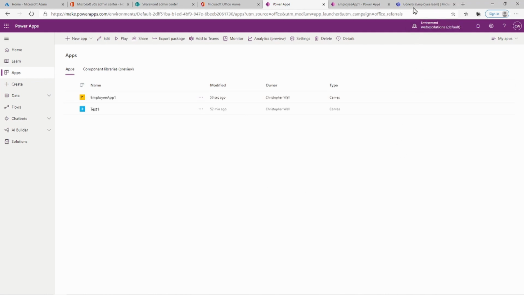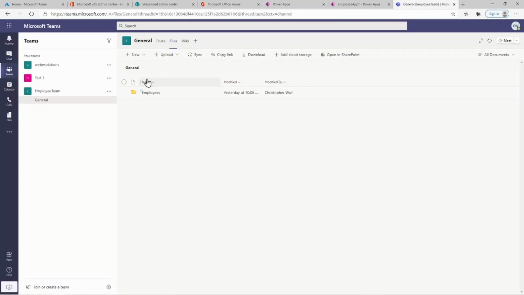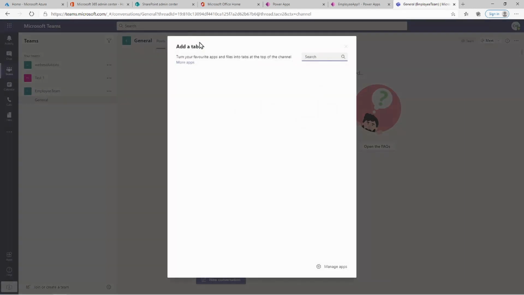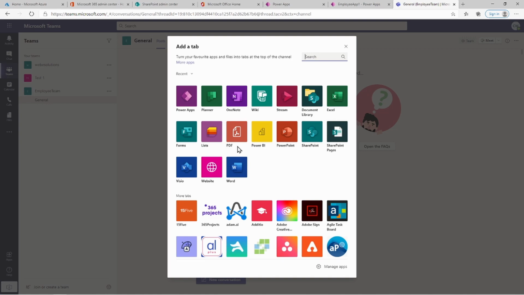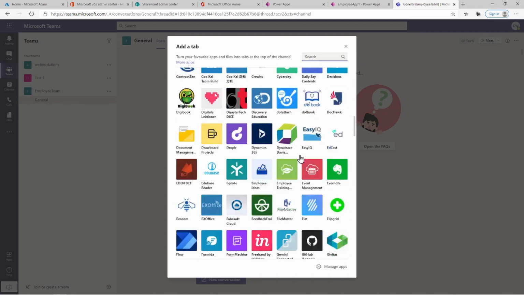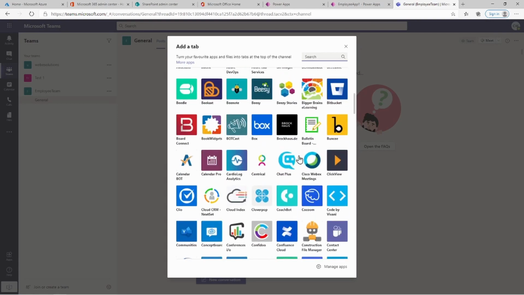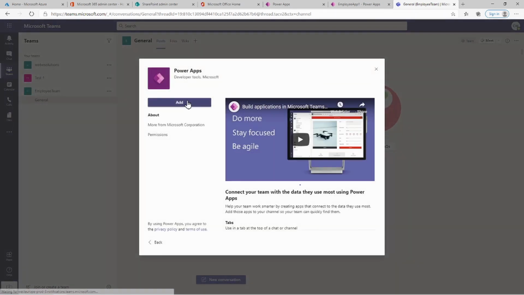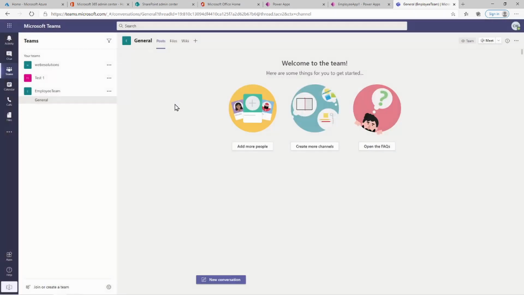So I am going to go back to our team site, and you can see over here within Teams you have the option to add another tab, and if you wait, you'll see over here you've got a number of different applications you can add, but I don't want to add those applications because we've just built our own application. And we click on Power Apps, and if we click on Add,